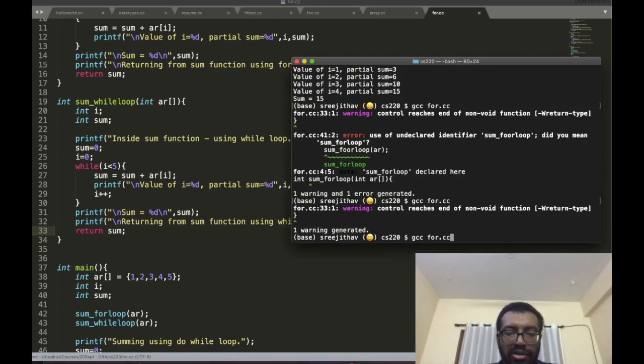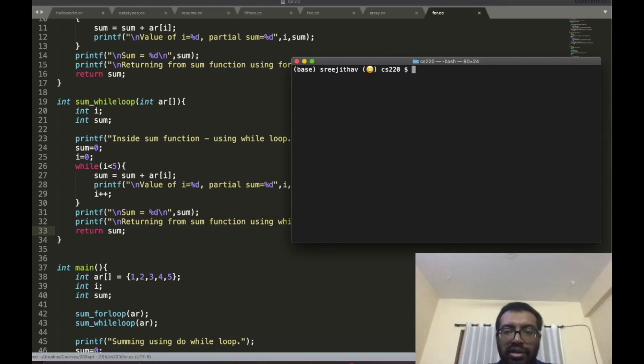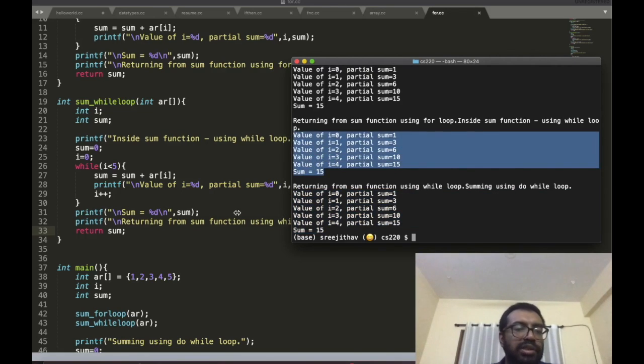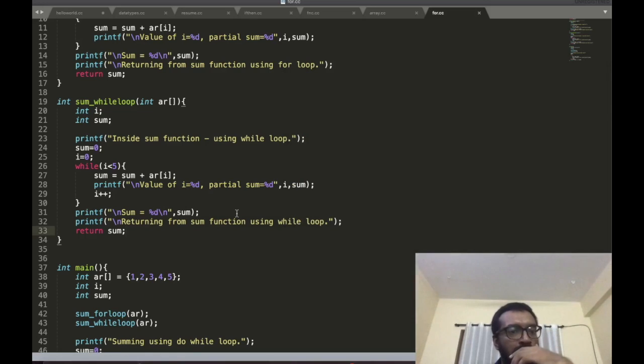So I just added a return so that the warning is gone. I compiled again. I run. See, it's exactly like we want. Okay, the do while loop is exactly like we want. Okay, now